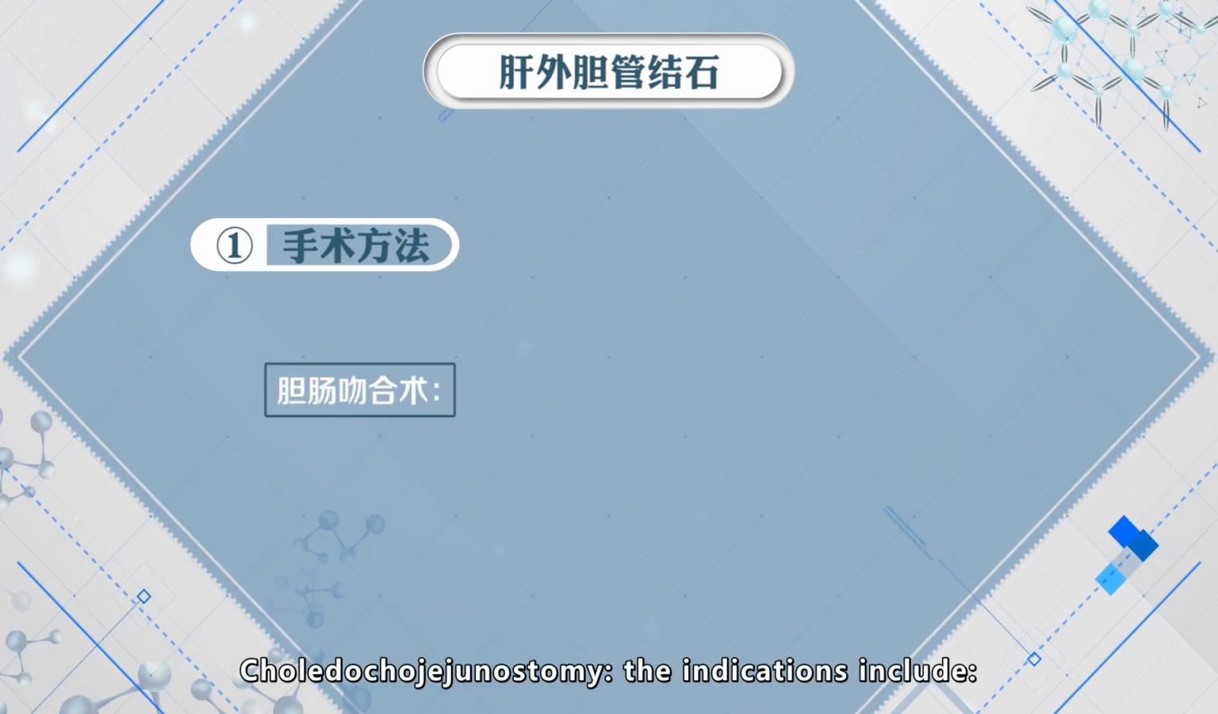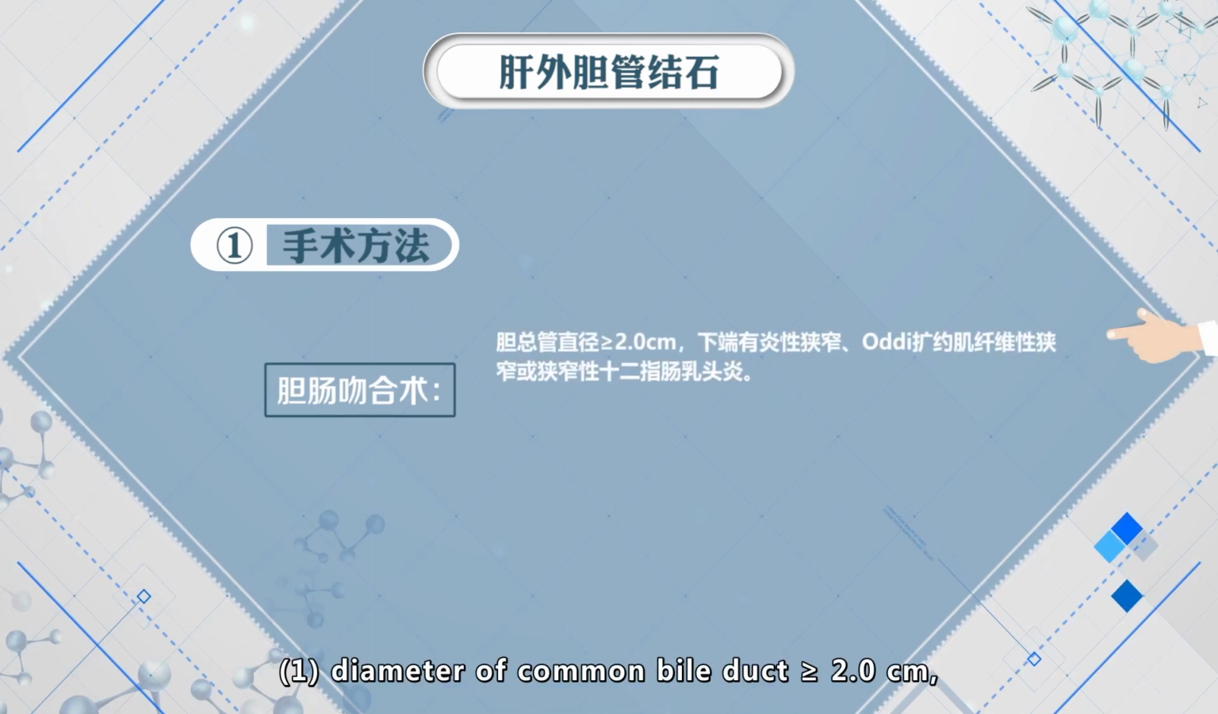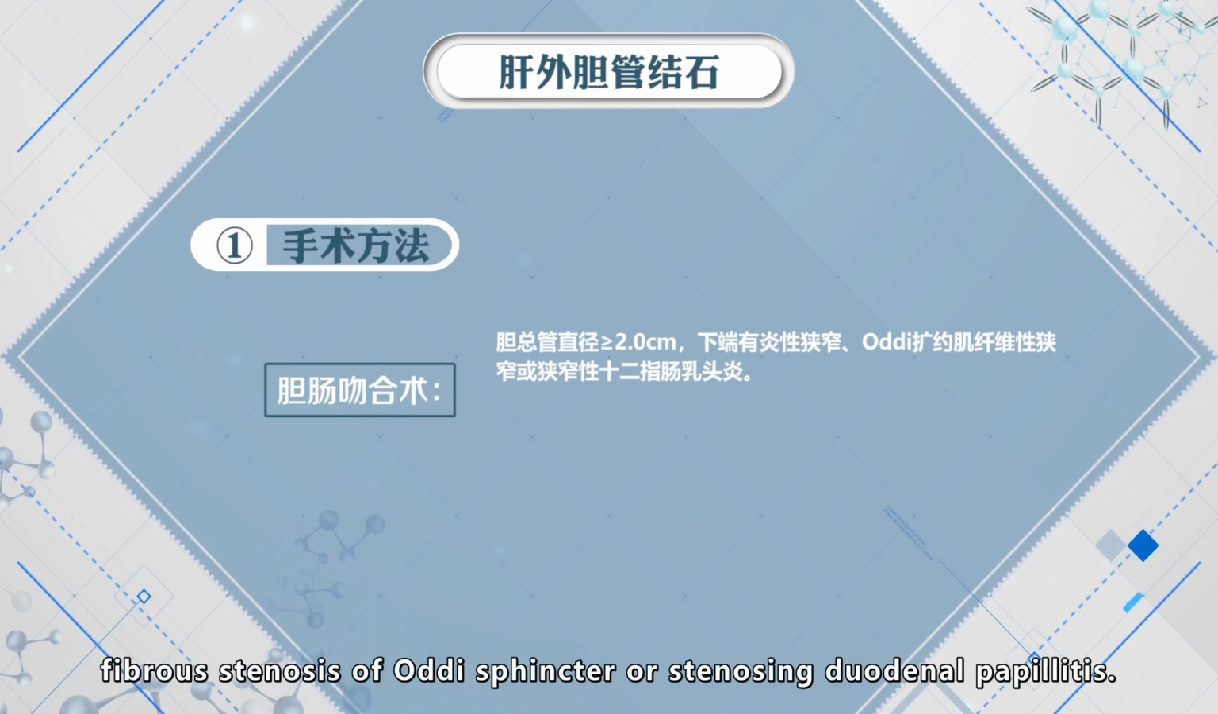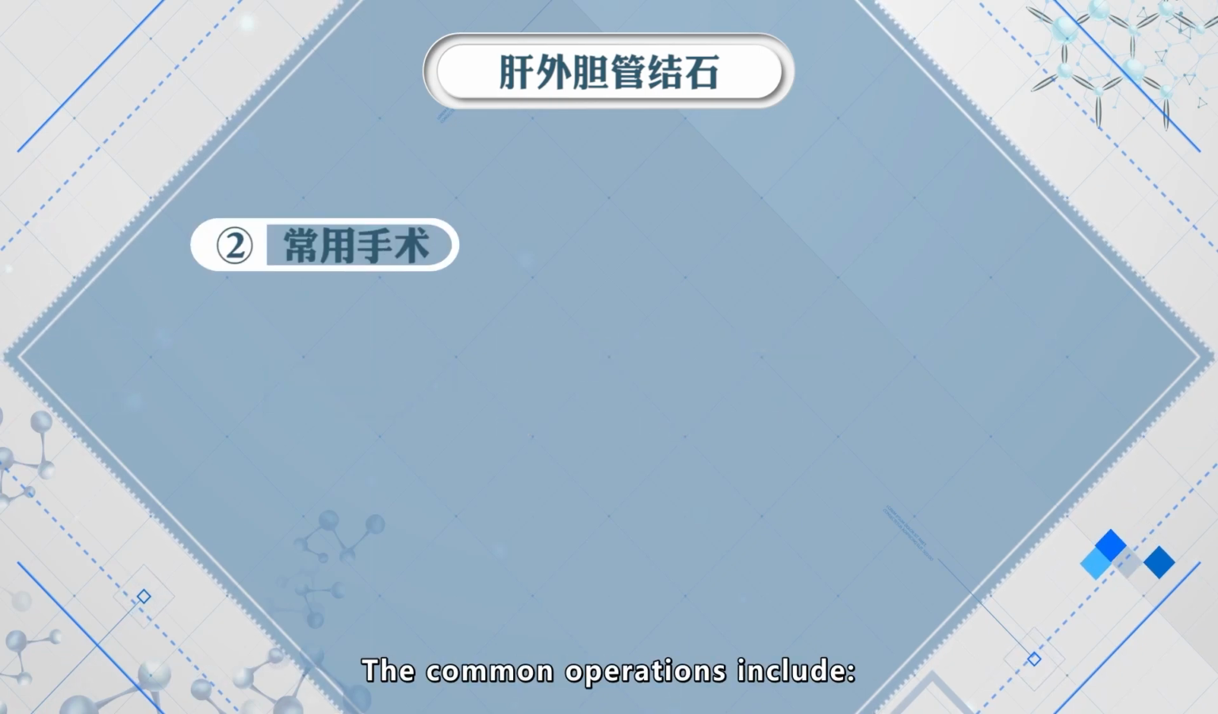Choledochojejunostomy. The indications include: 1. Diameter of common bile duct greater than 2.0 centimeters, inflammation and stricture at the lower end, fibrous stenosis of Oddi sphincter or stenosing duodenal papillitis. 2. Silt-like cholelithiasis difficult for complete removal in operation. The common operations include